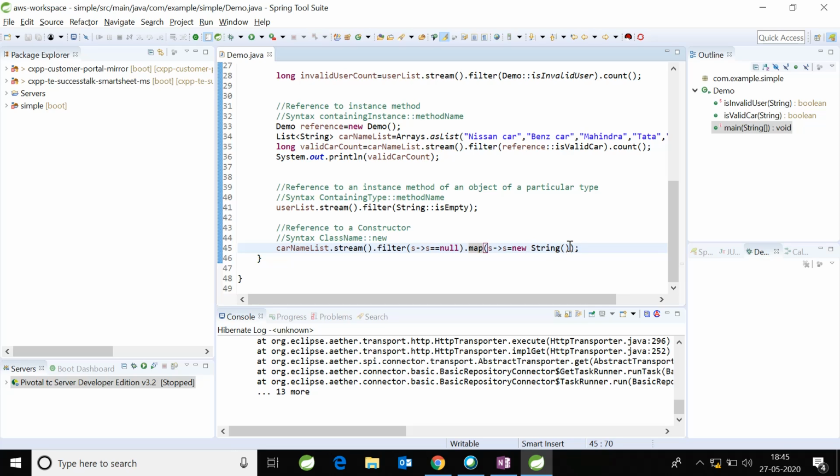So I will apply method reference here. Now it will become like this. So this is about reference to a constructor.